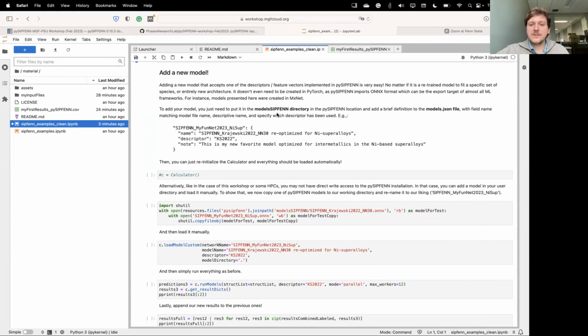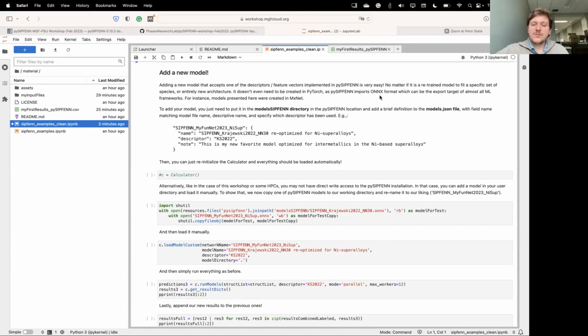This is very easy if you're a machine learning scientist. You just need to create your neural network that uses one of these two feature vectors, either KS 2022 or Word 2017, and output your model into something called ONNX format, which is the open source format for neural networks. You can export it from PyTorch, which is the ultimate framework we run these models in,